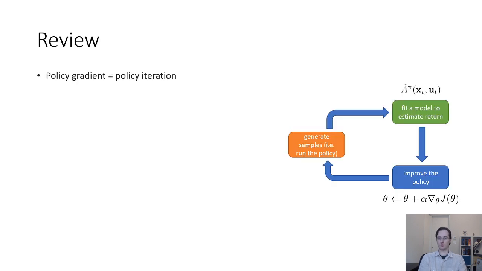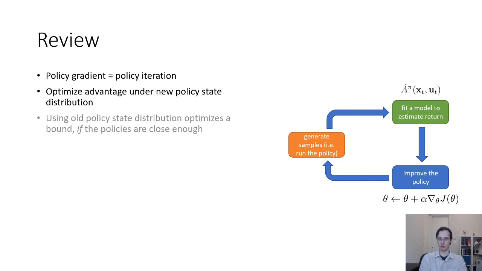Okay, so to review, we talked about how policy gradient can be interpreted as policy iteration, how you can optimize the advantage of the old policy under the new policy state distribution, and that is exactly policy iteration. But furthermore, if you use the old policy state distribution, then you're optimizing a bound if the policies are close enough. And this results in a constraint optimization problem. You can enforce this constraint explicitly,